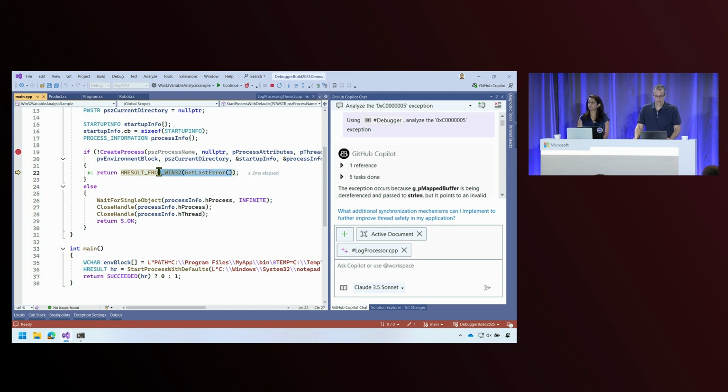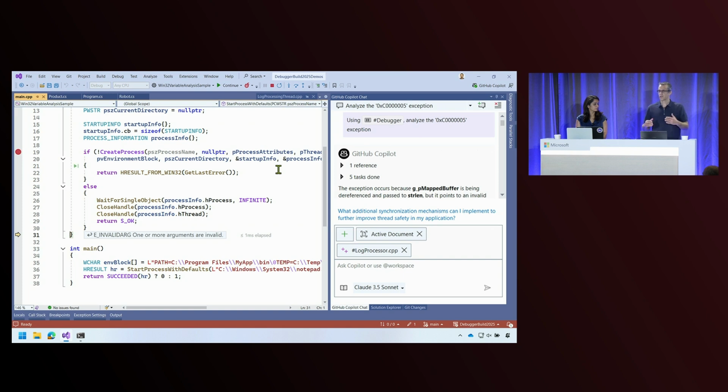Now, before we get on to the variable analysis, I want to show a quick feature we added in the last 6 months. Previously, if you wanted to get the return value here, you had multiple choices. None of them were very straightforward. You would either need to copy this whole expression into the watch window, or what most people did was create a temporary variable before, and then use the data types to view that variable value. Or the last option would be to completely exit the function and look at the return value in the caller. But since version 17.12, I believe, we have this new feature called inline return values.